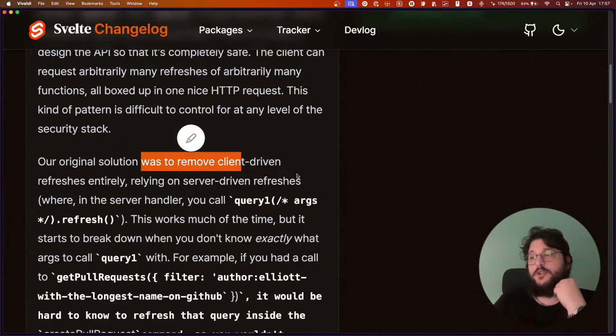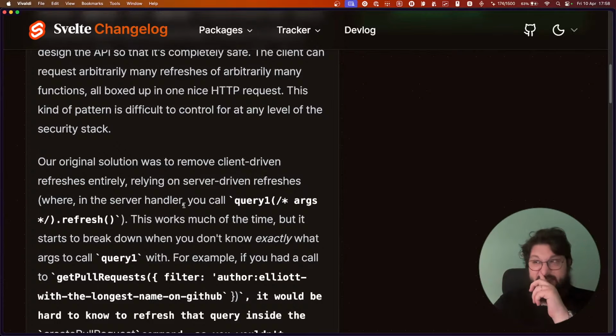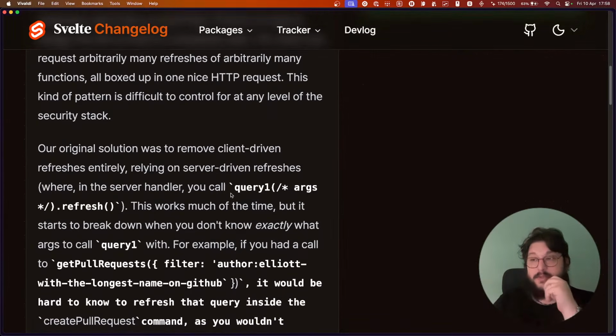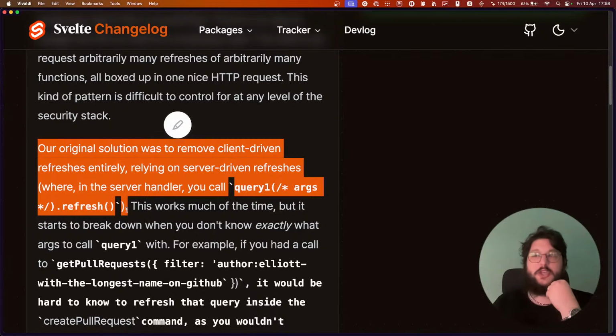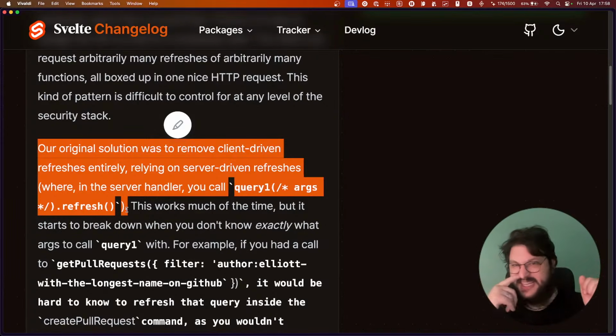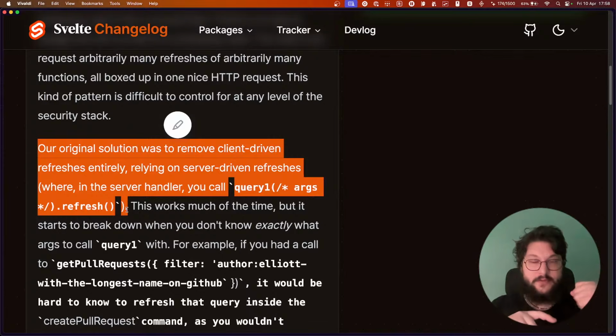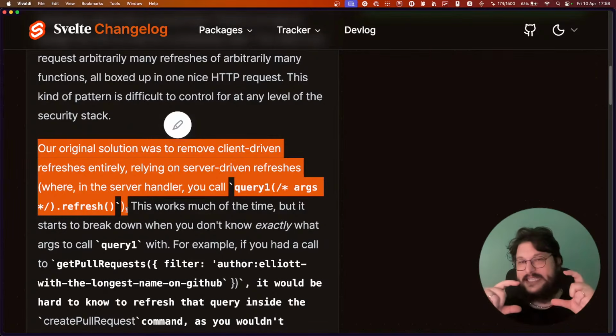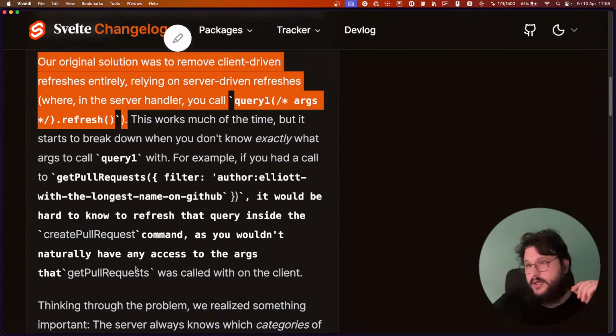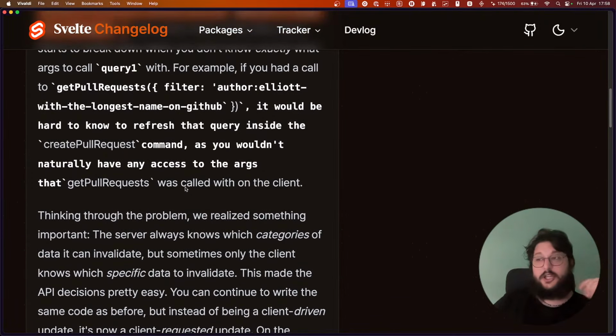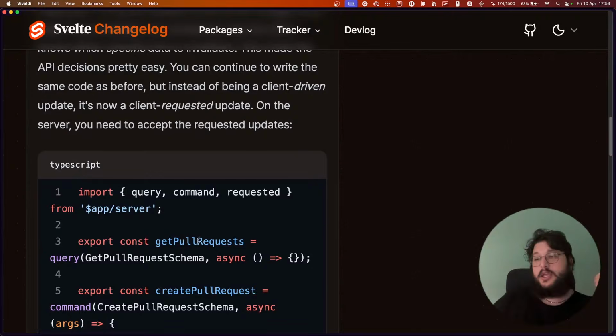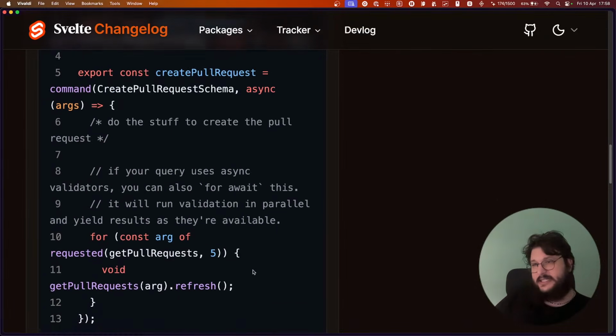So our original solution was to remove client-driven refreshes entirely, relying on server-driven refreshes, where in the server handler you have to call query 1 and so on. Initially the idea was, okay, you can't do client-driven refreshes anymore; you have to call refresh on the server. The problem is when the query accepts some exotic arguments, and so obviously you don't have access to the argument. So what we ended up with is that